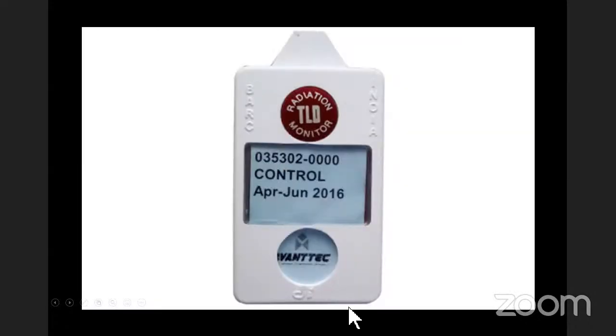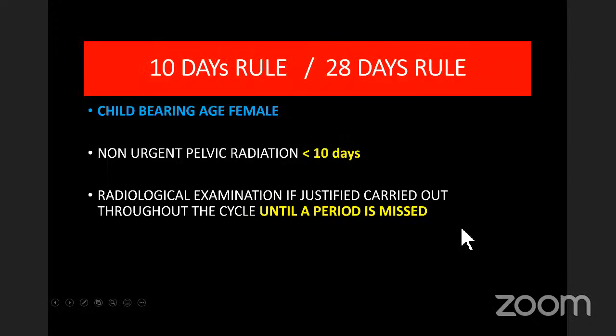Okay, this is called, sir, within 10 days of the menstrual cycle. Sorry, I think you didn't get it. What I meant to say is the 10-day rule is the first 10 days of the menstrual cycle. We are supposed to do any pelvic X-rays then. And even if you are doing any other X-rays in the body, we should do it then.